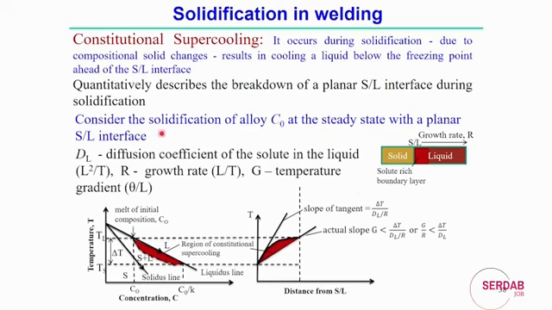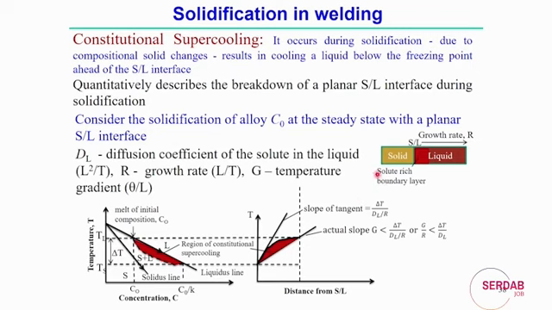Here the distance can be counted in terms of the boundary layer, that is the diffusivity, diffusion coefficient DL divided by the growth rate. Dimensionally also, this term delta T and DL by R